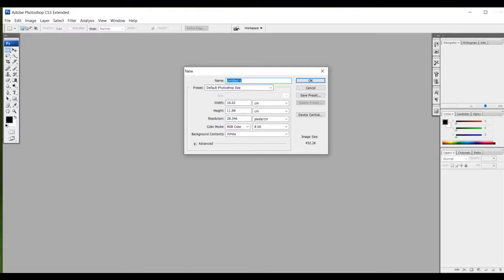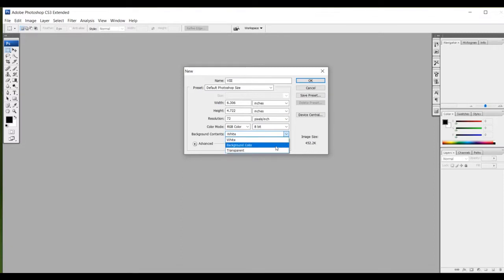So now let us give the name as 8th standard. Then in Photoshop, we have to give the size in centimeters or whichever unit. I'll just do the selection of the background.